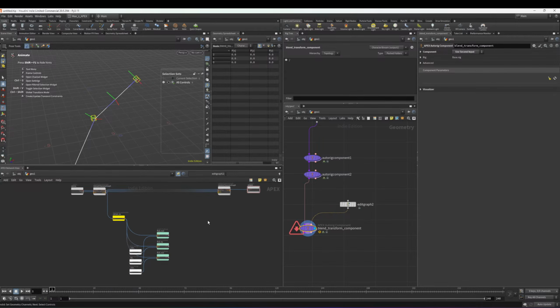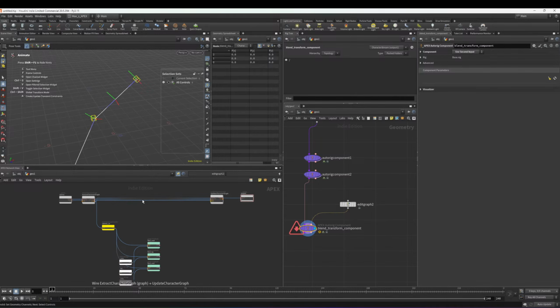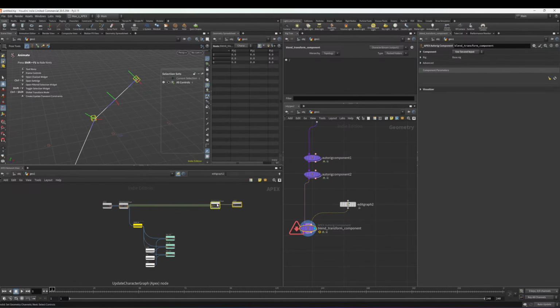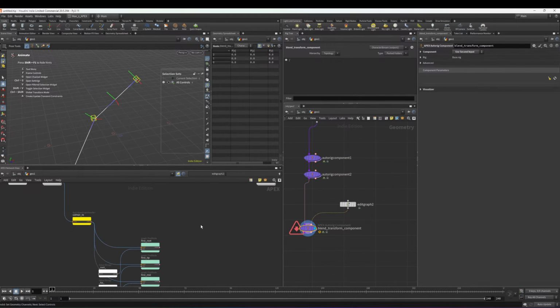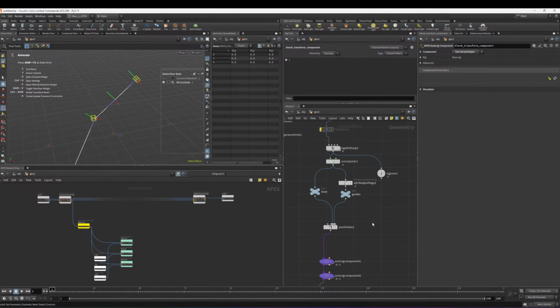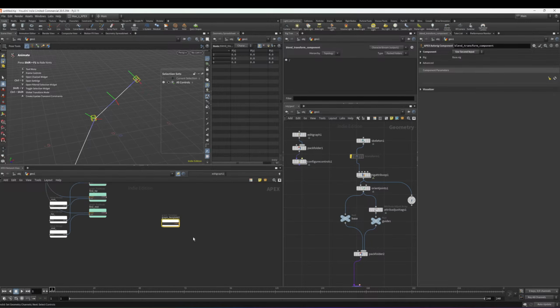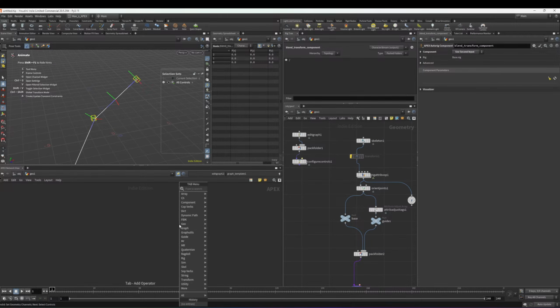Before Houdini 20.5, it was a real rigmarole to get things set up, like your blend transform or a look. You had to add the node, right? And then do all this crazy wiring and stuff like that. You don't really have to do that anymore. It's actually pretty nice. What you can do is make something called a graph template, okay? And the graph template is super awesome because you can basically just go into here and add whatever you want,